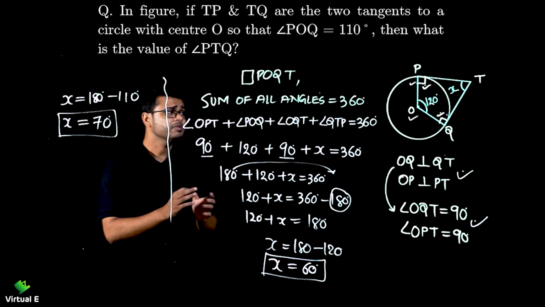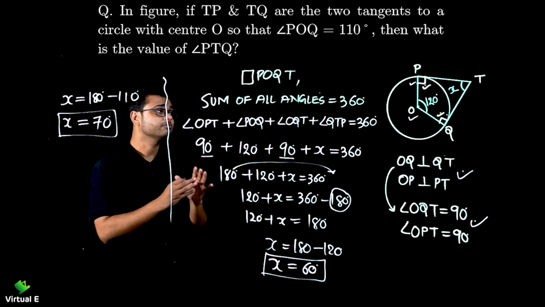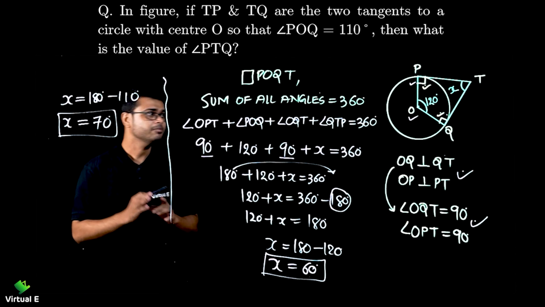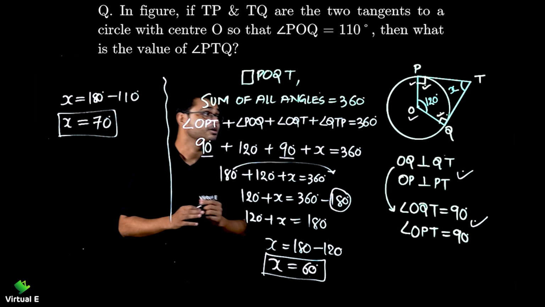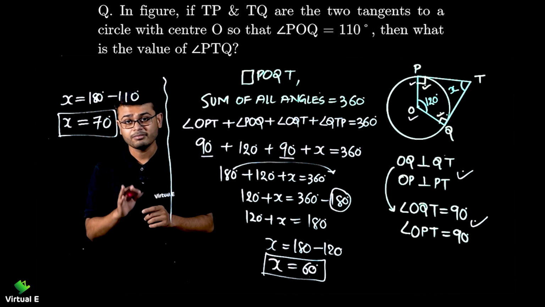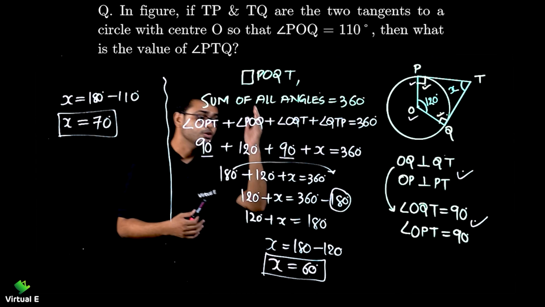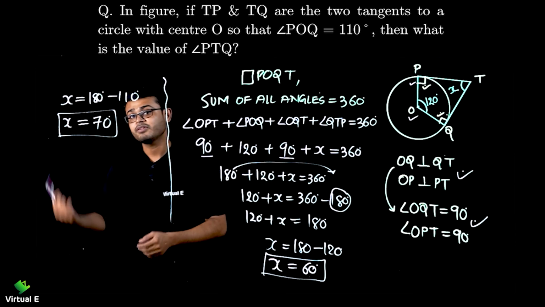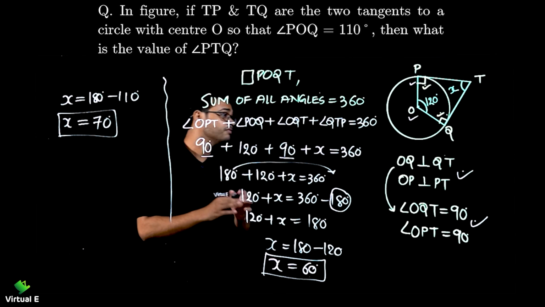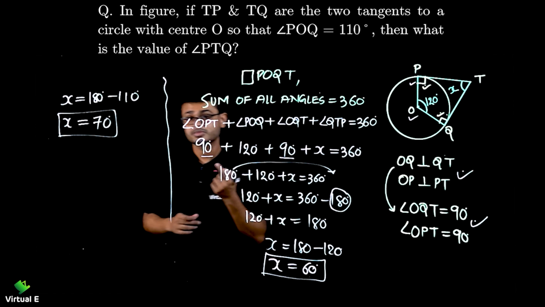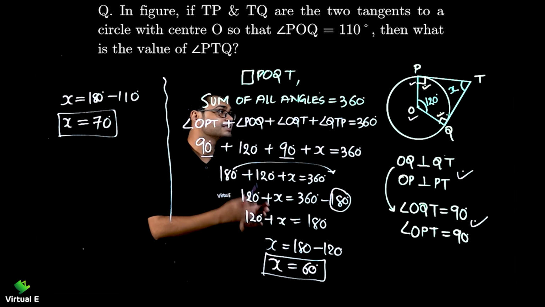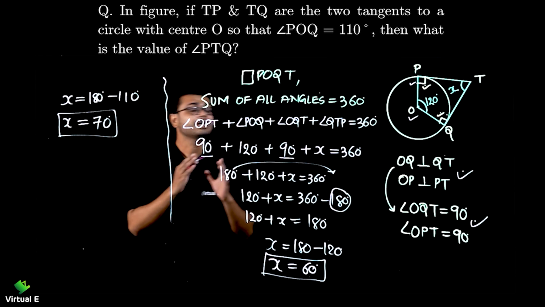So if this question is being asked for 1 mark, subtract from the 180 and we are done with the question. Don't waste extra time there, right? Because time is important while you write the paper. But when it is for 2 and 3 marks, I'm repeating one more time, you need to show the steps. Either you can do these steps or what we did in the previous session, right? Any of that choice is up to you, whichever steps you are comfortable with. If you want to go ahead with this, go ahead. That's it. So this is how we solve when angles are missing.